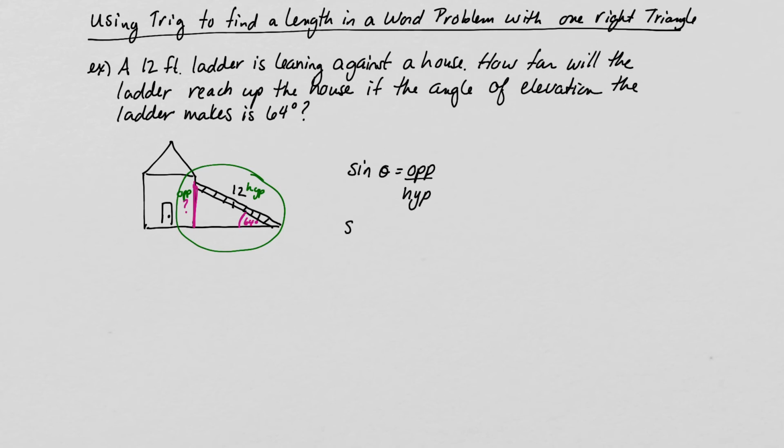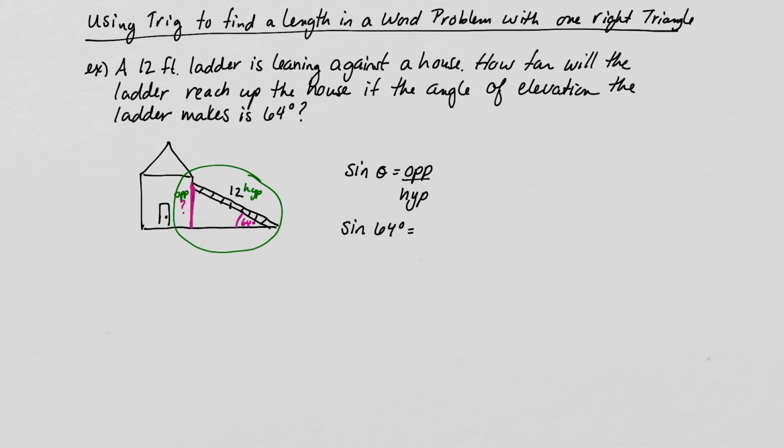So in this case, that's saying that the sine of 64 degrees is equal to the opposite. We don't know what that is, so why don't we just call it x. x over the hypotenuse, 12. And then what we have to do is we just have to solve for x. So 12 sine 64 degrees equals x. And if we plug that into our calculator, x turns out to be roughly 10.7. So it goes up the house roughly 10.7